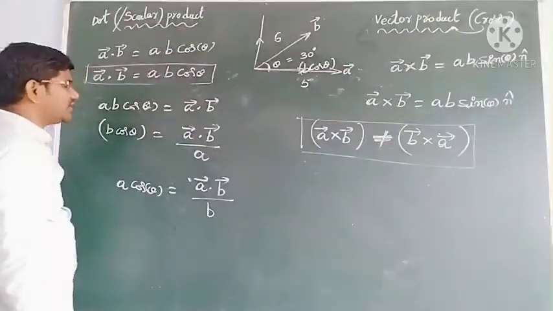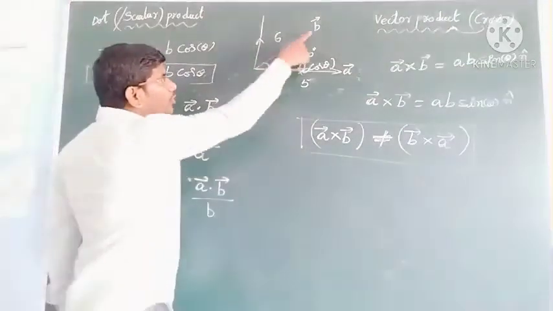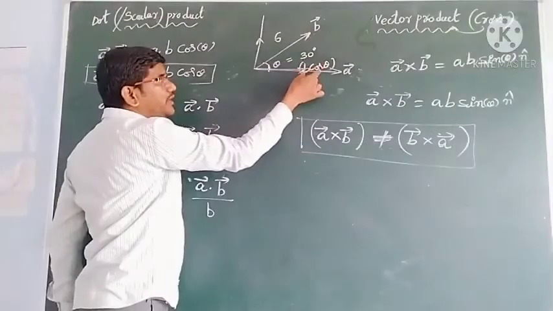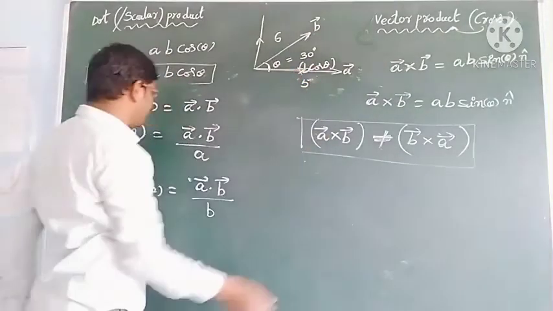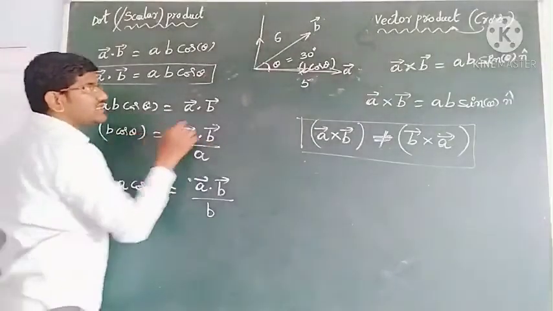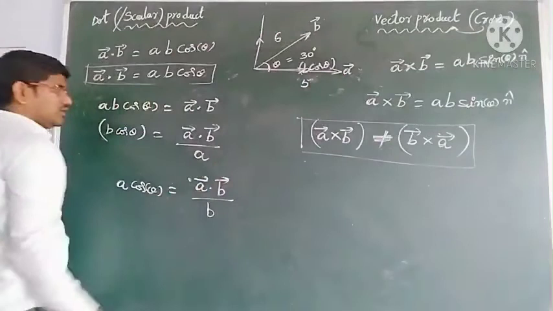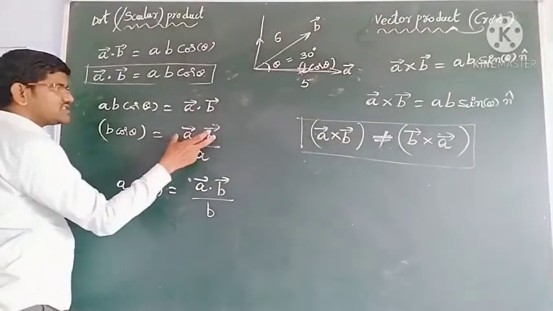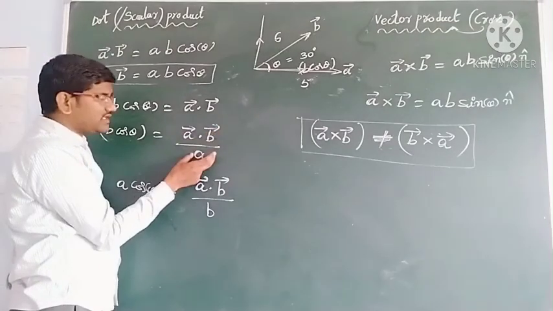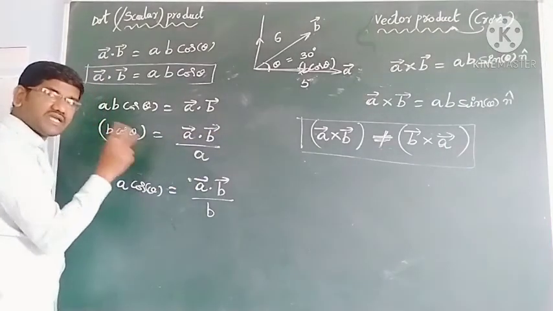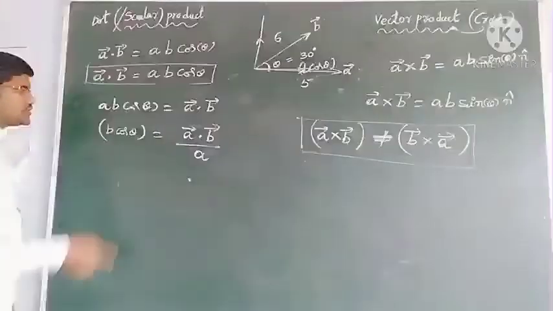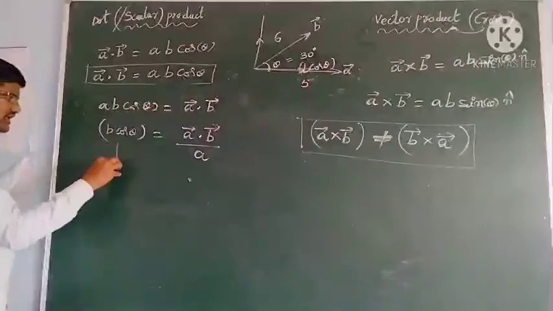Okay students, if they ask you to find the component of vector B bar, B bar is a vector. Its component is what, do you know students? B cos theta. That B cos theta is along which direction students? This B cos theta is in the direction of A bar. That's why B cos theta is equal to A bar dot B bar by A. You know A bar dot B bar is a scalar, by A is also a scalar. That's why B cos theta is a scalar quantity.